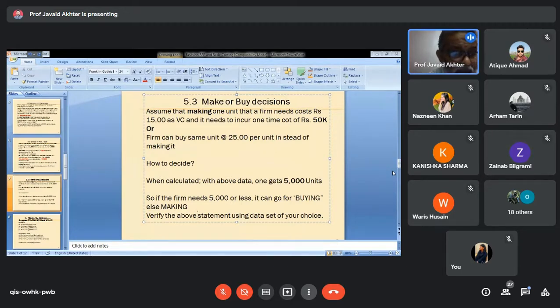Whatever decision you take in India, if the firm is multinational, the same decision perhaps you will not take even in your neighboring country. You are operating in Asia, say in China, India, Pakistan, Sri Lanka, Bangladesh. At times it is possible that if in India you have decided to go for buying, in Bangladesh you will go for making. Maybe in Sri Lanka you will again go for buying. Maybe in Pakistan you will go for making. Maybe in Nepal. So there are several things one needs to study.